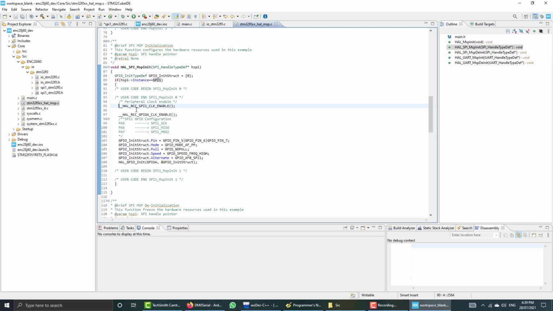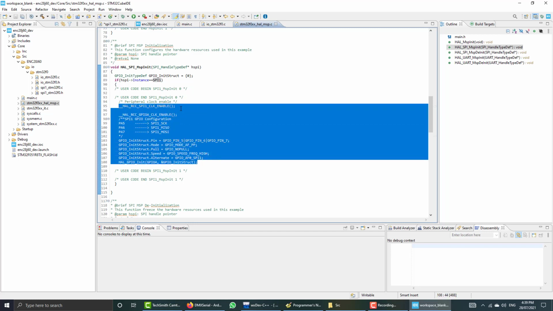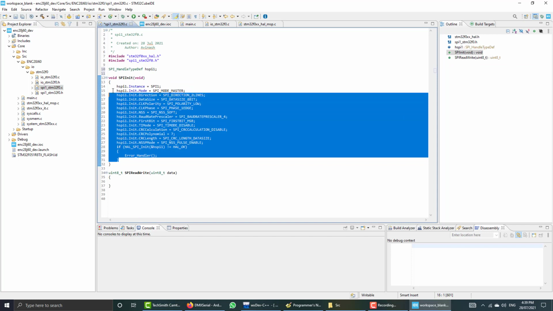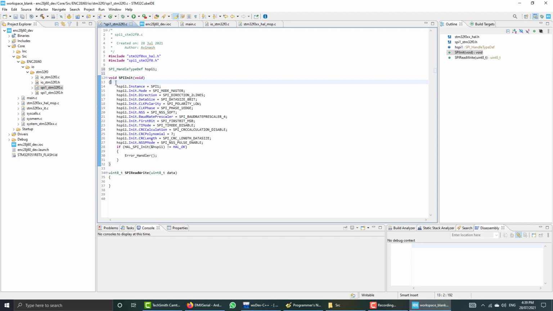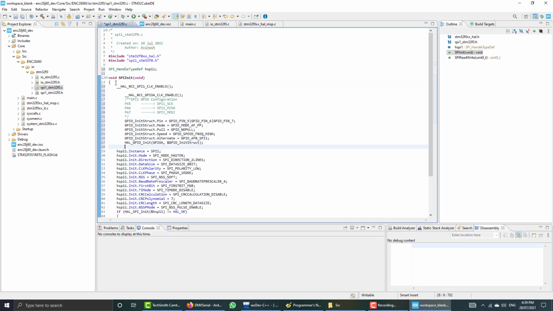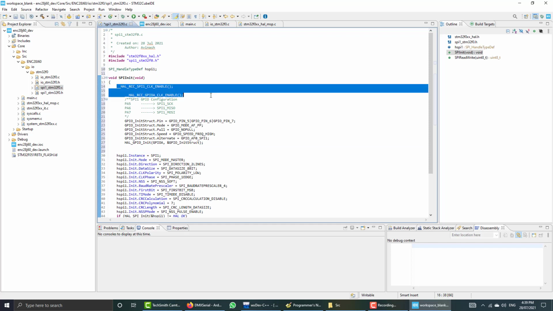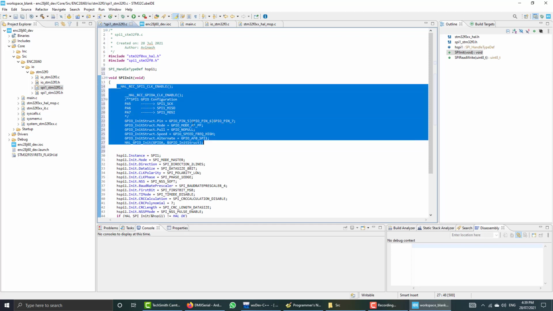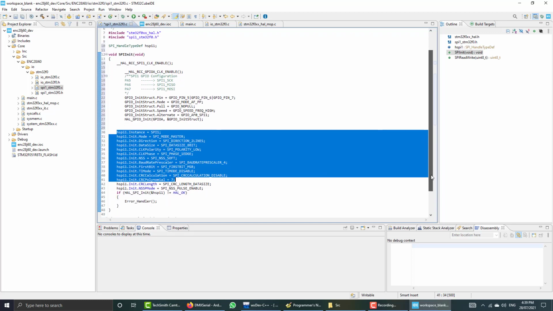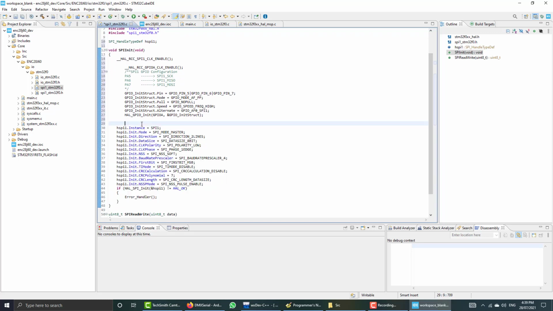I will copy these things to my SPI file, just before this code, because before we actually initialize the SPI, we need to do this initialization. Only after that can we initialize the SPI like this. These two steps are the pre-initialization steps, and these are the actual initialization steps.